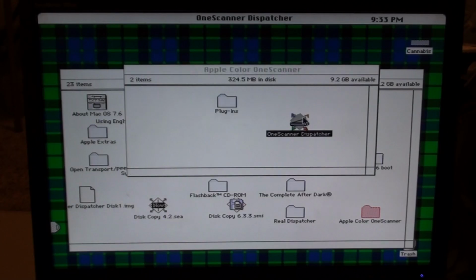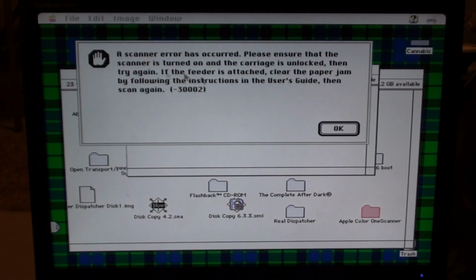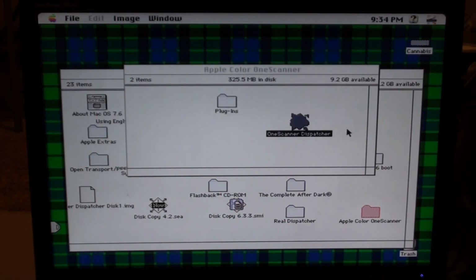Almost there. I can't hold the OneScanner dispatcher. Really old software. New scan. Oh, now I'm getting a different error. Please ensure that the scanner is turned on and the carriage is unlocked, then try again. If the feeder is attached, clear the paper jam by following the instructions. So now I'm getting a different error, which makes me think that something's different. So I may actually have the carriage...